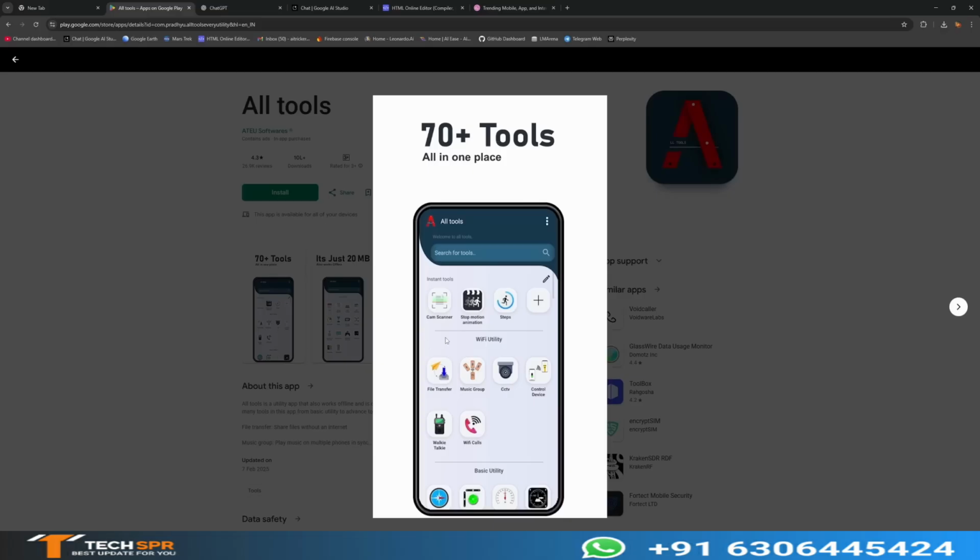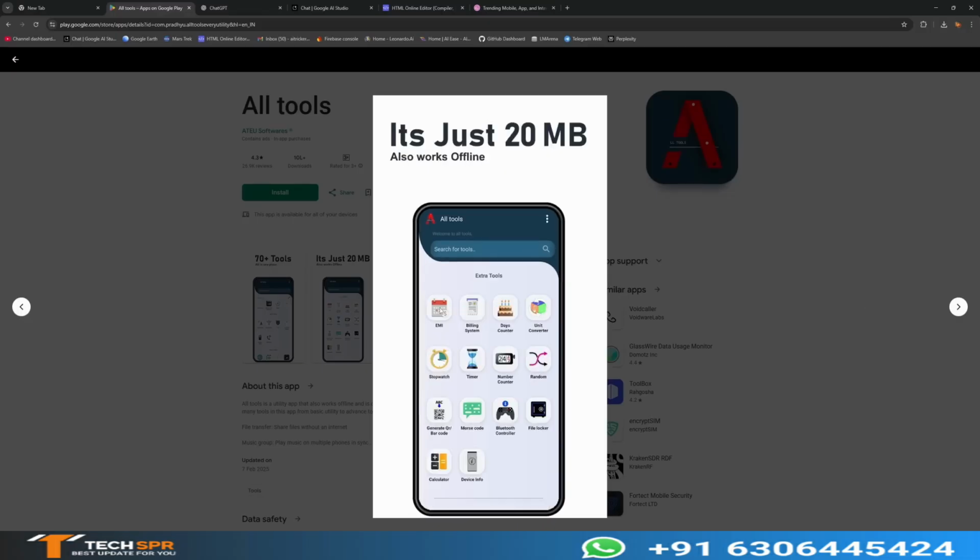So basically, this is an All Tools application. It has many small tools, like file transfer, device control, walkie-talkie, Wi-Fi call. Apart from this, there is EMI or billing system, day counter, unit converter, stopwatch, timer. So they have provided many small tools inside a single application. So let's try to create such an application today. So first of all, whatever application I want to make, I copy its screenshot here,